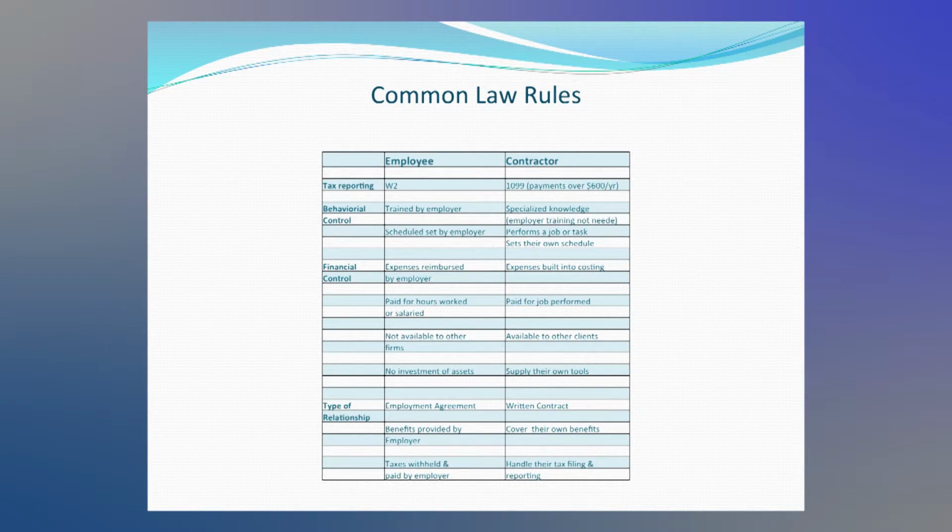They're going to provide their own benefits. And finally, the employer does all the tax withholding for the employee situation, and not only withholds those taxes, but deposits them for the employee. Whereas the contractor, again, simplifies it for the employer. They will do their own tax filing and tax depositing. So this chart is good to refer to because it saves you lots of looking up of many pages at